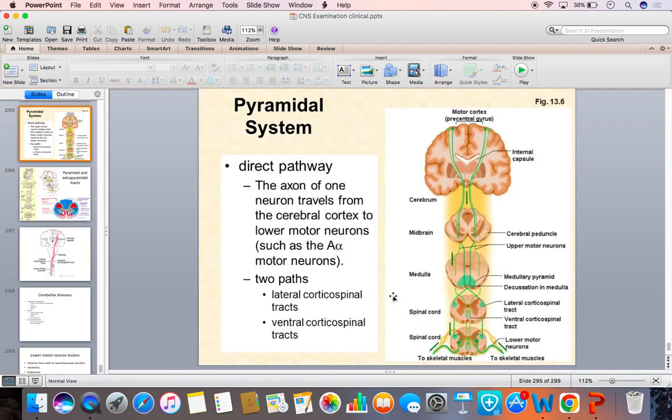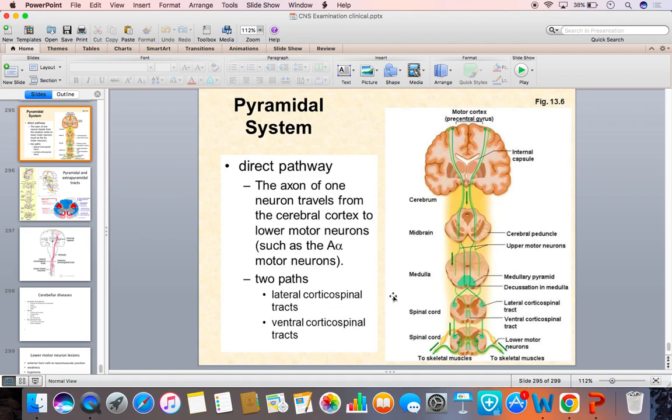This is again a pictorial representation of the pyramidal system. You have got the direct pathway. The axon of one neuron travels from the cerebral cortex to the lower motor neuron, such as the alpha motor neurons. They have two pathways, lateral corticospinal tract and ventral corticospinal tract, which I already mentioned, but